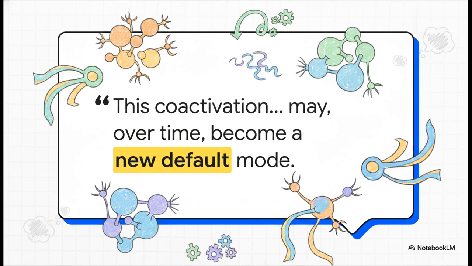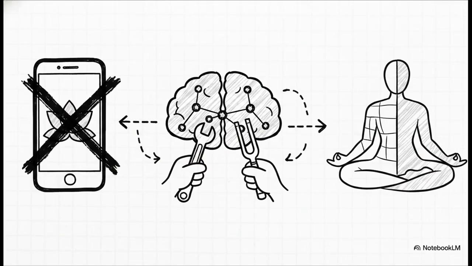Instead, it restructures it. When nodes of the DMN emerge to interfere with a task, control regions systematically co-activate to monitor and dampen that process. Over time, this co-activation becomes the new default mode. The DMN and the control networks literally learn to dance together, allowing the brain to systematically process and dismiss pathological intrusions. But listen, applying this to clinical populations requires strict parameters.